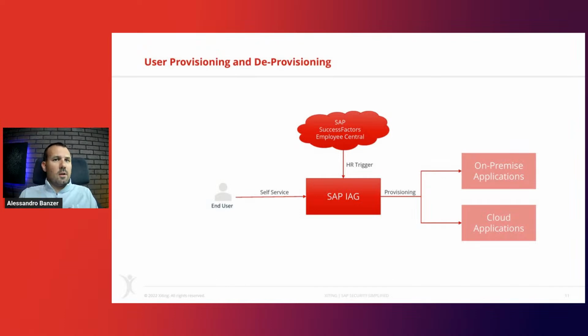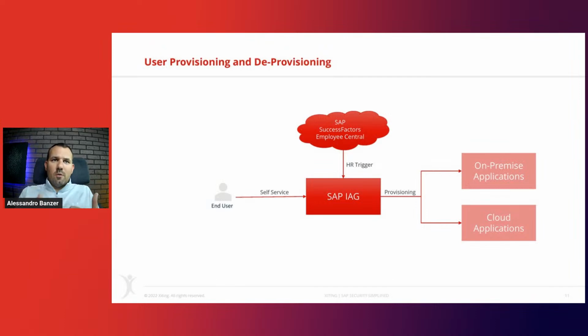So the workflow, regardless from where it was triggered, whether it was from a self-service or from HR, in IAG, we run a workflow. And the workflow has different approval steps. We might have manager, role owner, compliance teams that approve the workflow. And once it's fully approved, and we've done all the mitigations and everything that we want to do as part of that workflow, and I kept this here open. I didn't want to go into too much detail because every customer is a little different.